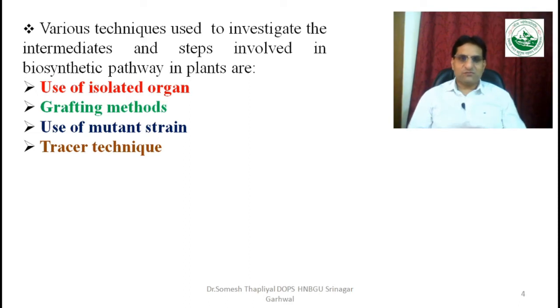some mutant strains are formed, but they lack some enzymes which occur in the natural pathway. So these mutant strains can be used to find out the intermediates, and some additional intermediate needs to be added from an outer source to form the particular metabolite. So we can say that these mutant strains may be useful to find out the biosynthetic pathway.